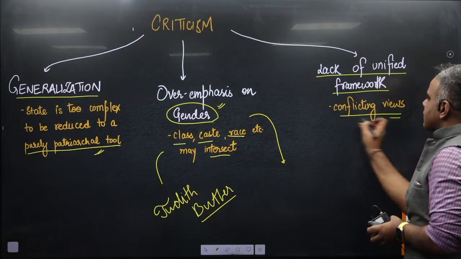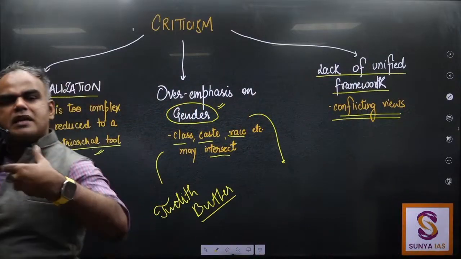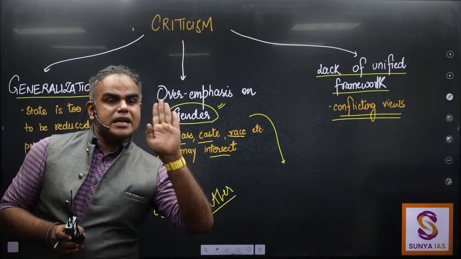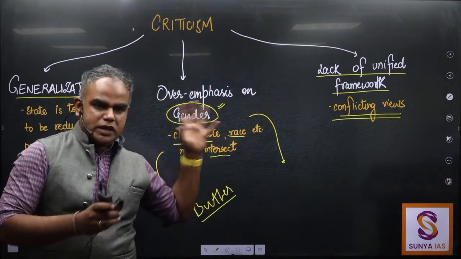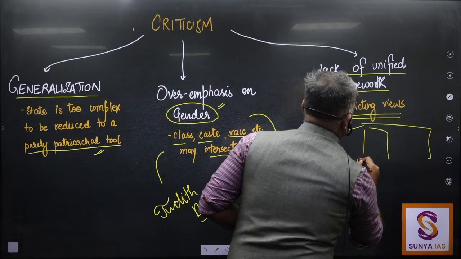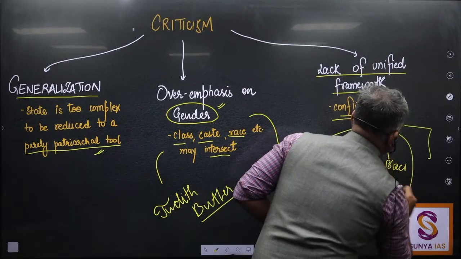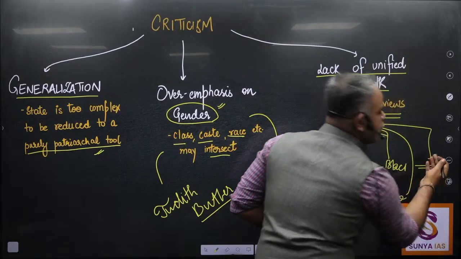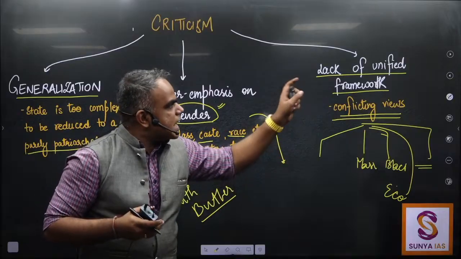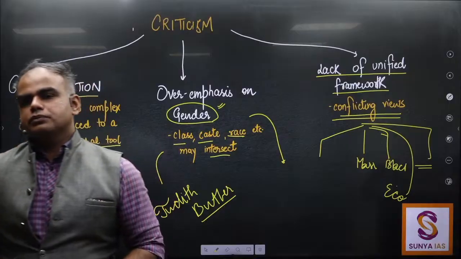There are many conflicting views. So radical feminism, for example, will talk about how the family even as an institution should be abolished. So they will go for a very radical view. Liberals would say something else. So here the issue comes within feminism. If you have Marxist view, you have the black feminism, there is also eco-feminism, and then also in the subaltern space. So because of all of this, there is again a lack of unified framework, which also leads to conflicting views. Which also makes sense, yes or no?